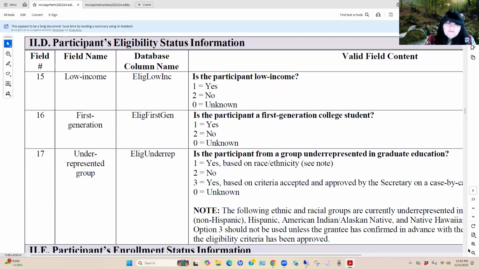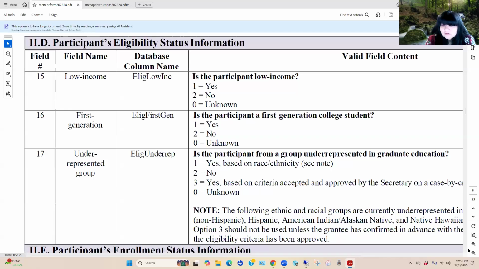It's important to note that in field number 17, we have an option number 3, in that in the event we have an individual that we want, for particular approval, we need to work with our program specialist to ensure that we are given approval to recruit a participant in the event that they do not meet the race and ethnicity criteria.